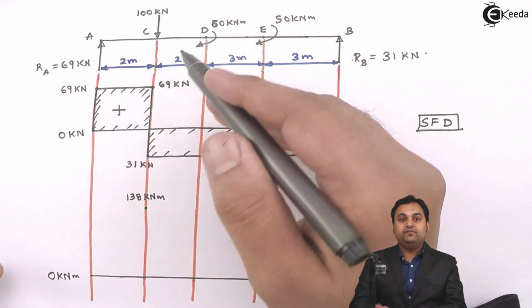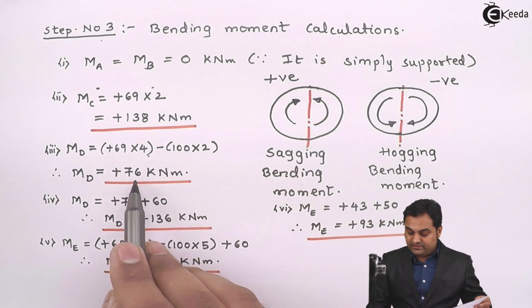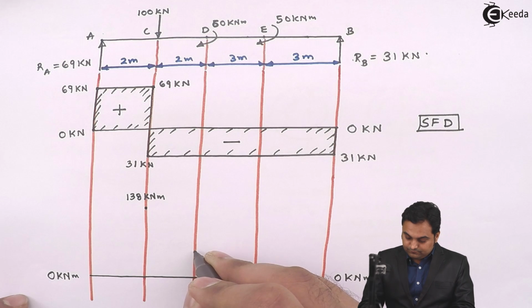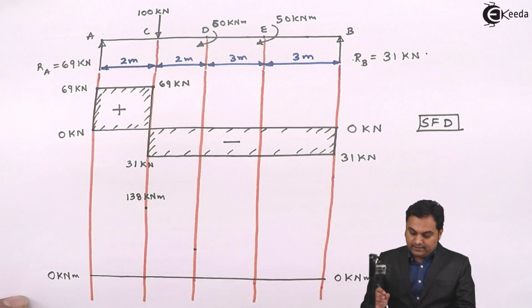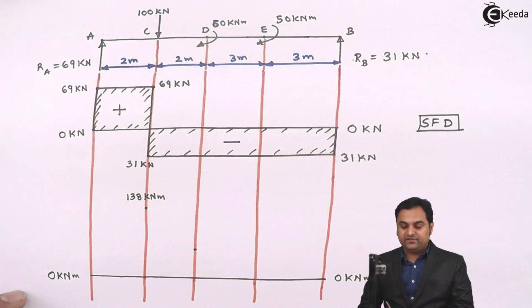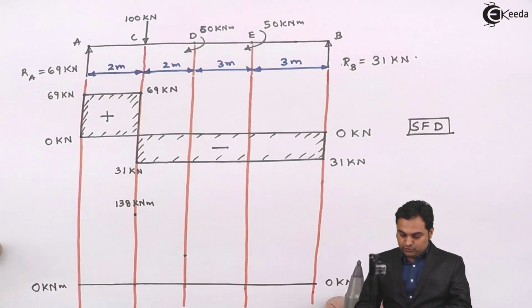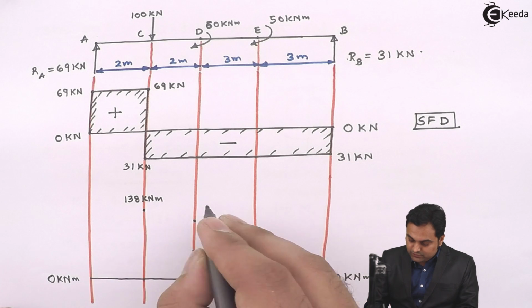Next, at point D we have two values. First, it is plus 76. Here I'll show the value. This is plus 76 kilonewton meter. Next, plus 136. So another value at this point, that is plus 136